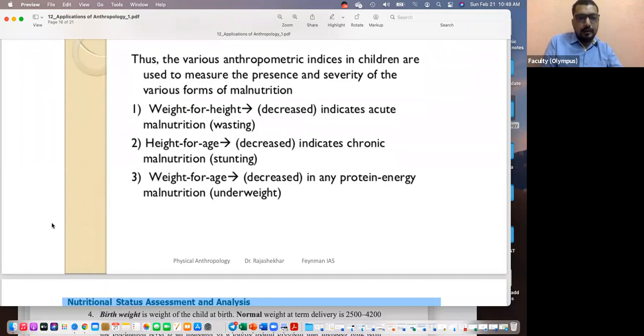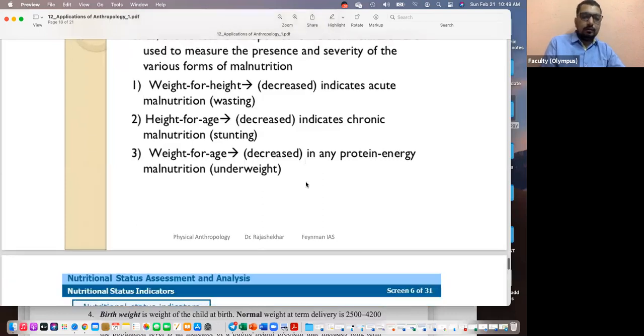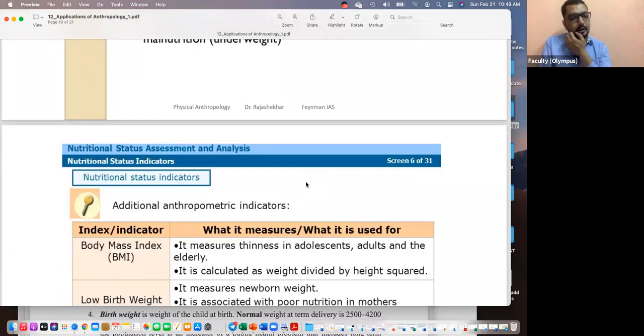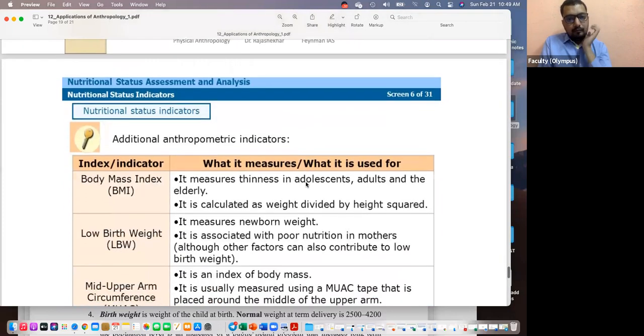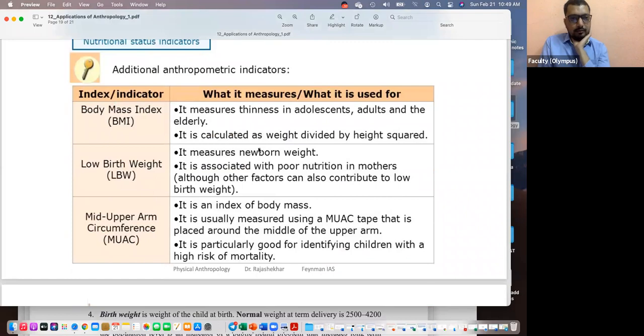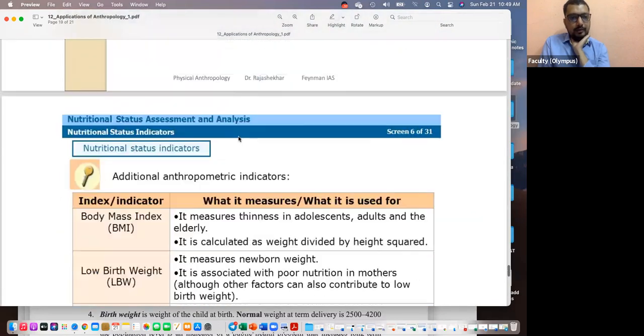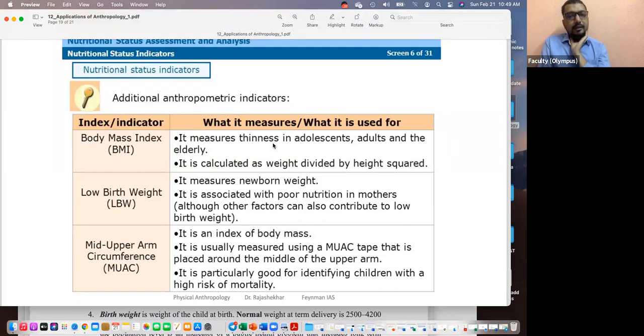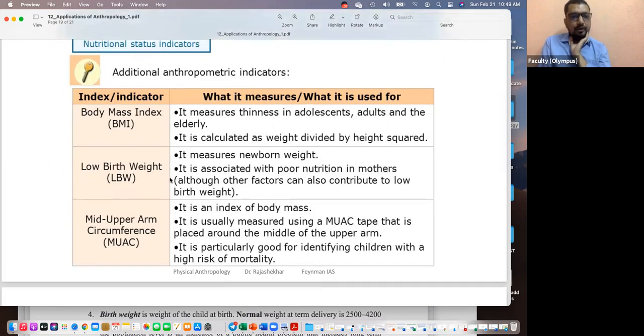Okay, so this is what we commonly notice in government programs in India and in any country you go to, Africa or even the developed countries. These are the very common measurements that are taken. So this provides us an idea about the nutritional intake of those people. I think I already mentioned this to you, these 4 components. BMI also I mentioned to you. BMI tells whether the person fits into the underweight, overweight or normal category. Low birth weight is also, as soon as people are born, as I think I was telling you, 1.5 kg is normally considered to be the cutoff for survival. So people who have low birth weight are more and more prone to diseases, right?